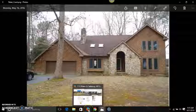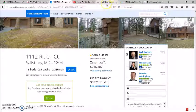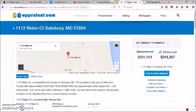So before I set that up, I needed to figure out what my hook was going to be. If you don't have a hook on your properties, or a USP, which is a unique selling proposition, something that's going to make people gravitate to your house before all others, you're going to just get caught up with every other house on the market. So what I normally do for that, I go over to ePraisal.com. I see what their estimates are as far as home values. I normally take the ePraisal value and the Zillow value and average those out, which I think came out to about